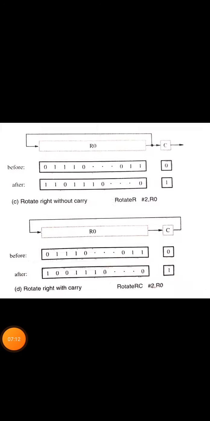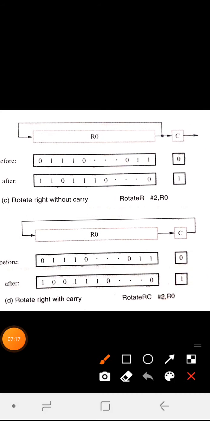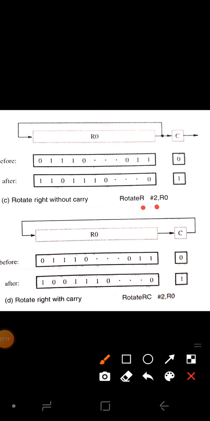The same way we can look into rotate right also. Again rotate right without carry and with carry. We have taken the counter as 2, so that we can rotate it twice, and R is to say right. So now in the without carry case, you can see you are rotating to the right. The first time you are doing the rotation, this is before and this is after rotating 2 times, and whatever information you are rotating will be put back into your vacant position. Similarly, we have the next one as rotate with carry. So whatever information you place into the carry will again be put back into your vacant position.